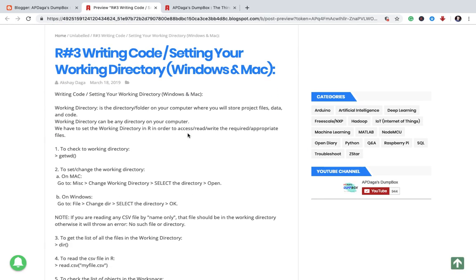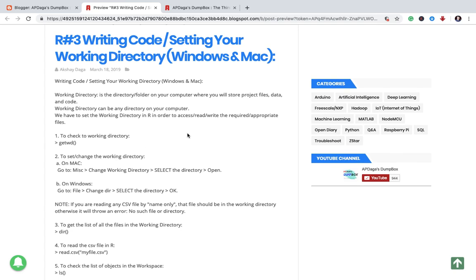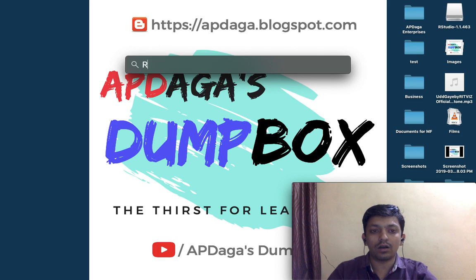Before proceeding with R programming, I have already shown you how to install R and R Studio on Windows and Mac. Videos for that you will find on my channel, and you will find all the steps which I am mentioning over here, all the basic commands and everything, in my blog post, and the link to that will be given in the description of the video. Okay, so without wasting time, let's start with R on Mac.